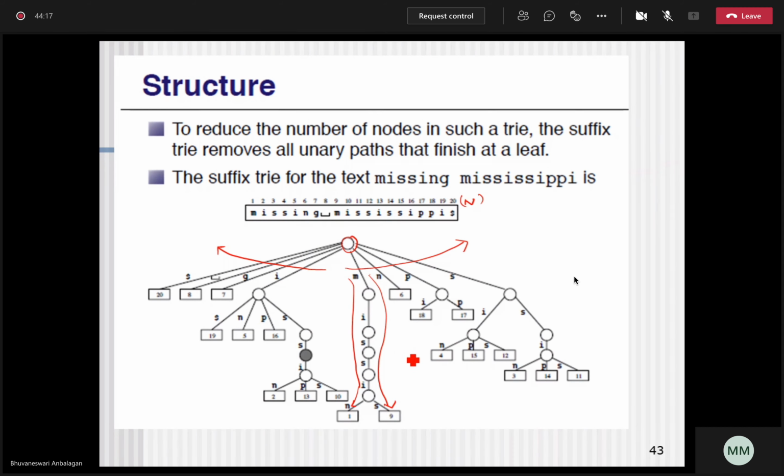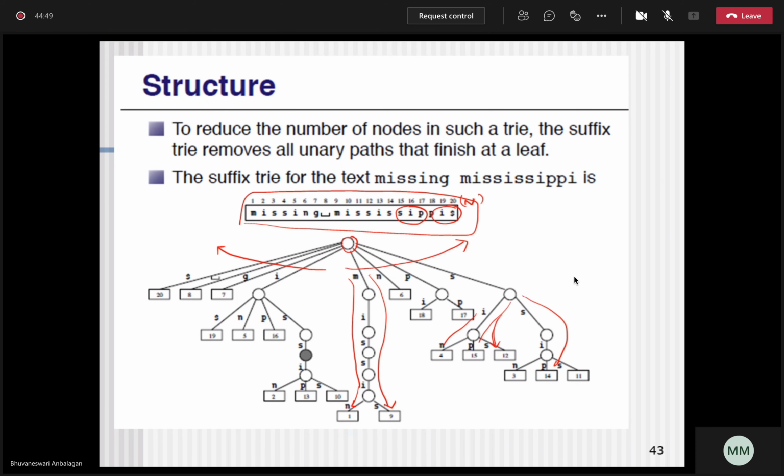So I will go over here, and then once I go to S, I have SIP there. See, this SIP I can find out. Okay, and then IPISIN. So this will be used for missing, Mississippi, and then yes, IS is there, right? So IS will be there. So in this way, you can create the structure of your entire text data in the form of a tree. Okay, that is called a suffix tree.